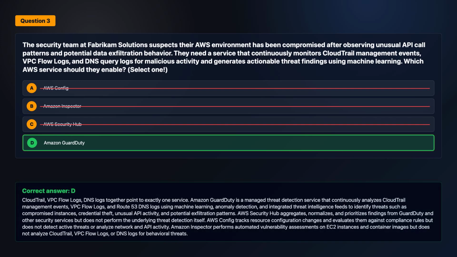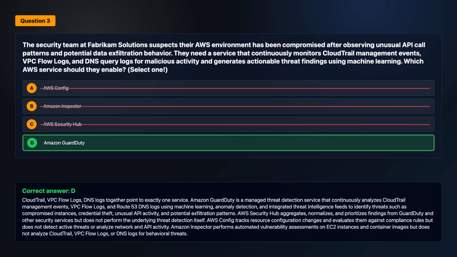The correct answer is option D. CloudTrail, VPC flow logs, DNS logs together point to exactly one service. Amazon GuardDuty is a managed threat detection service that continuously analyzes CloudTrail management events, VPC flow logs, and Route 53 DNS logs using machine learning, anomaly detection, and integrated threat intelligence feeds to identify threats such as compromised instances,